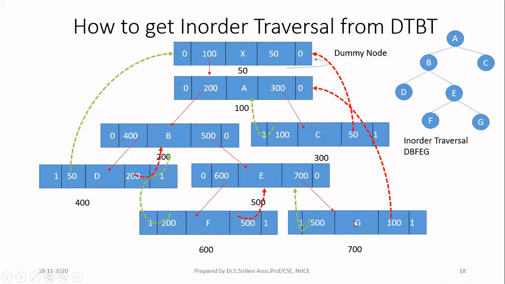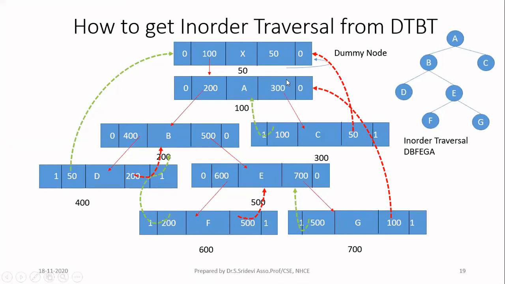After that, once you print G, take this address. Here you have 1. That means this address is going to tell you the in-order successor. So go to 100 and see the data, immediately print the data. So the data is A. So A will be now printed in the output. After printing A, again, you have to take this pointer and see the last field, it is 0. That means when you go to this address, you will not get your successor immediately. Okay, so just you travel through that. Maybe sometimes you will have the successor there if it is a leaf node.